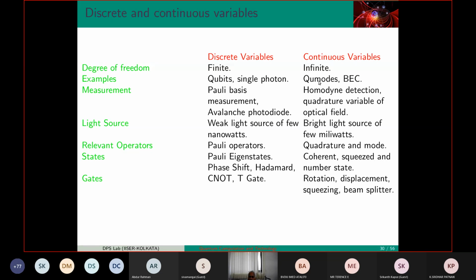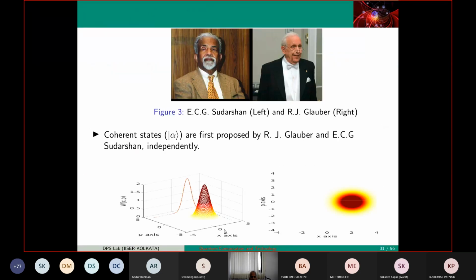So what are the kind of things? Quantum modes, Bose-Einstein condensate, a different way of detecting it, bright source of light. So these kind of names, coherent states, squeezed states, number state, beam splitter, these are the kind of machineries which are used. Both the languages, you will find people commonly going back and forth between these two. Now Wigner function is the one which I used. For example, squeezed state, coherent state, cat state, are the kind of states which are quantum states. This object, coherent state, is completely classical, laser light.